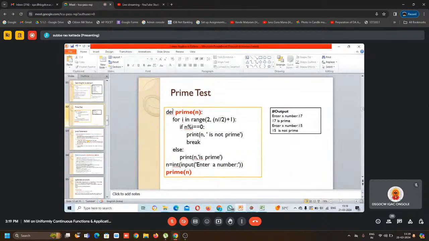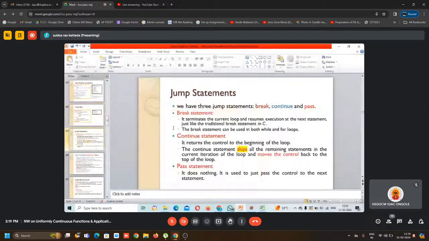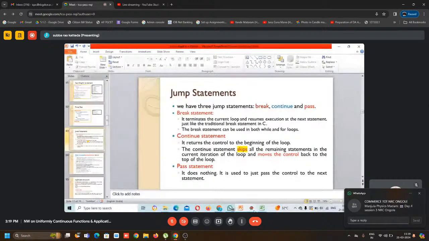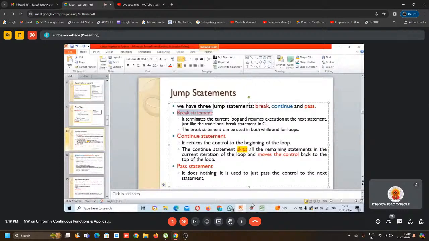So to test the prime numbers, we can also use the for loop like this. The same thing you can also do with the while loop. Then coming to the jump statements: if you want to stop the loop, you can use the break statement. If you want to skip the current iteration, see,